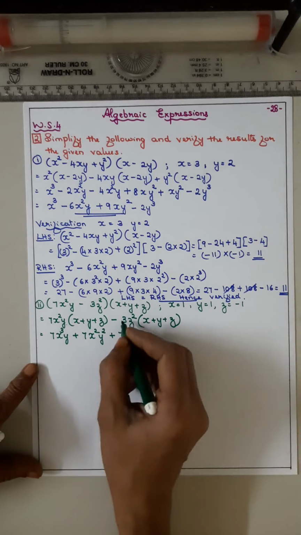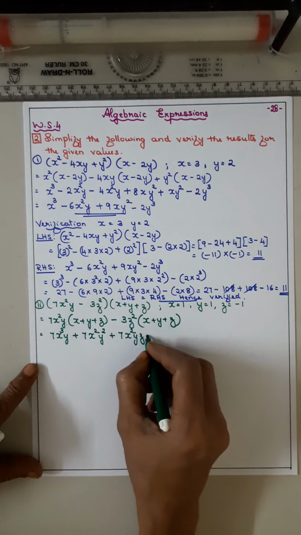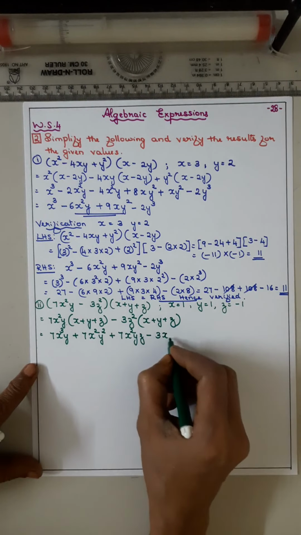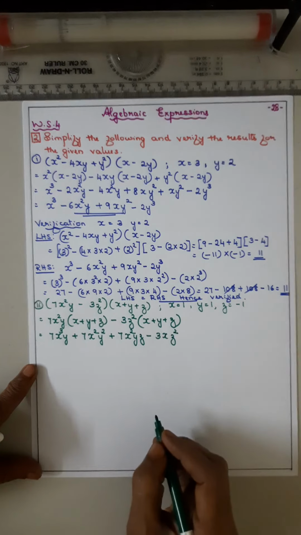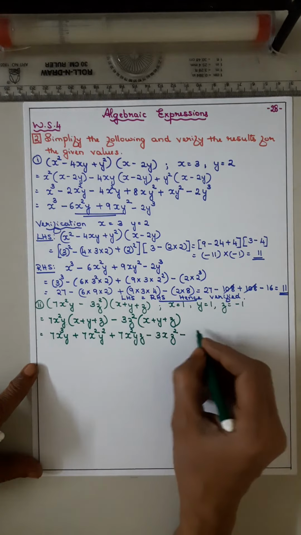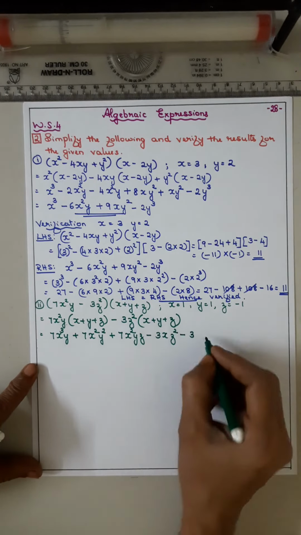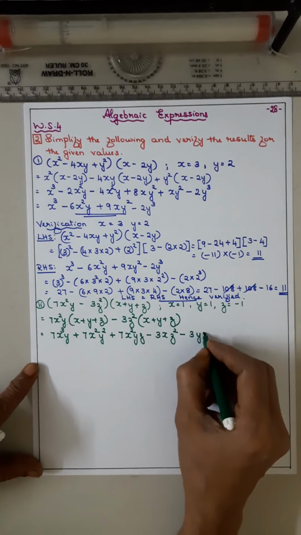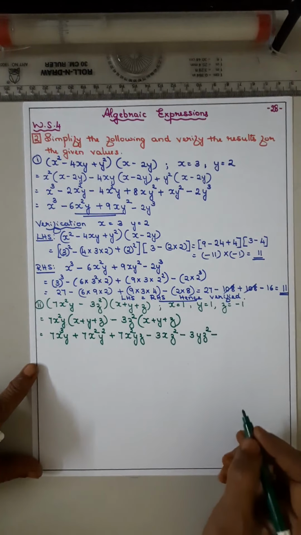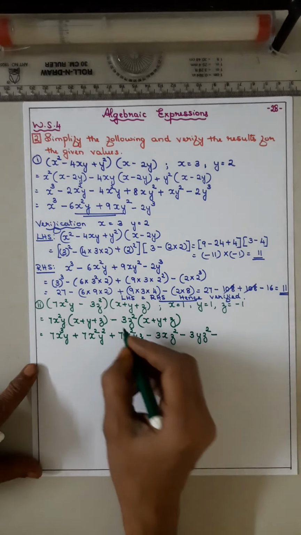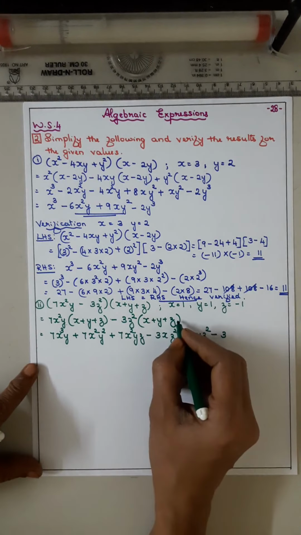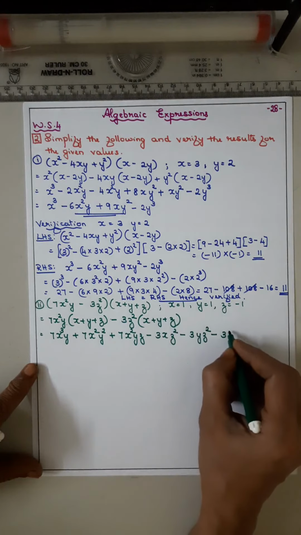Okay. Now here minus times plus is minus, 3 ones are 3, x and z squared. Now minus, 3 ones are 3, y and z squared. Now minus, 3 ones are 3, z squared and z, 2 plus 1 is 3.